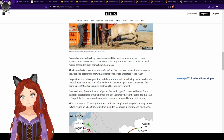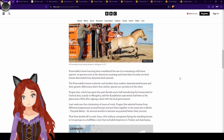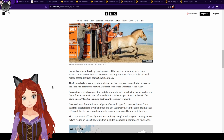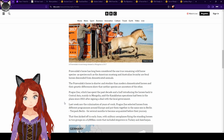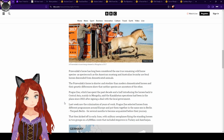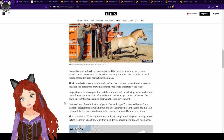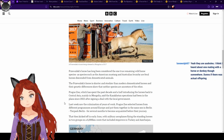The Przewalski's horse has long been considered the one true remaining wild horse species. Horses such as the American Mustang and the Australian Brumby are feral horses descended from domesticated animals. The Przewalski's horse is shorter and stockier than modern domesticated horses, and their genetic differences show that neither species is an ancestor of the other. The Prague Zoo, which has spent the past decade and a half introducing the horses back to Central Asia, mainly Mongolia,